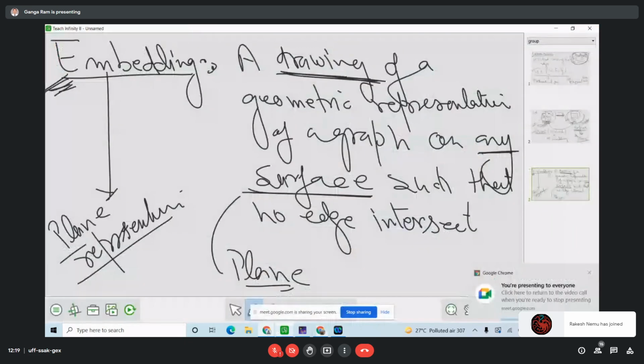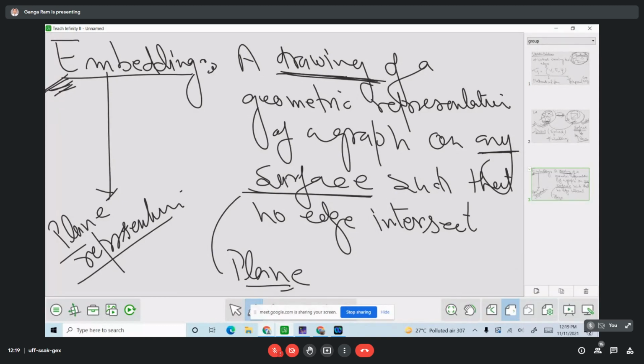Clear? An embedding of a geometrical representation of a graph on a plane without crossing the edge. Okay, it is an embedding which is represented on a plane without crossing the edge. Clear? Means just this embedding is a plane representation. Clear? So here,